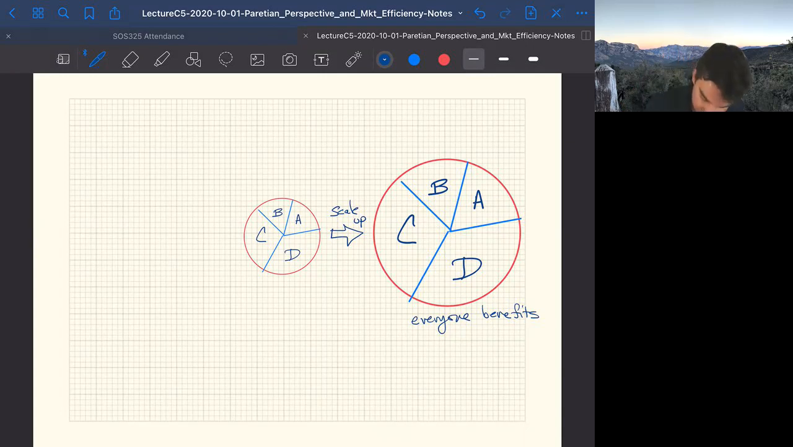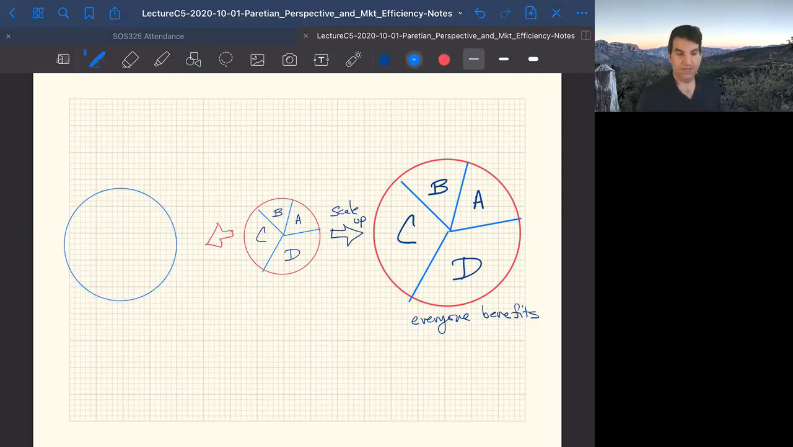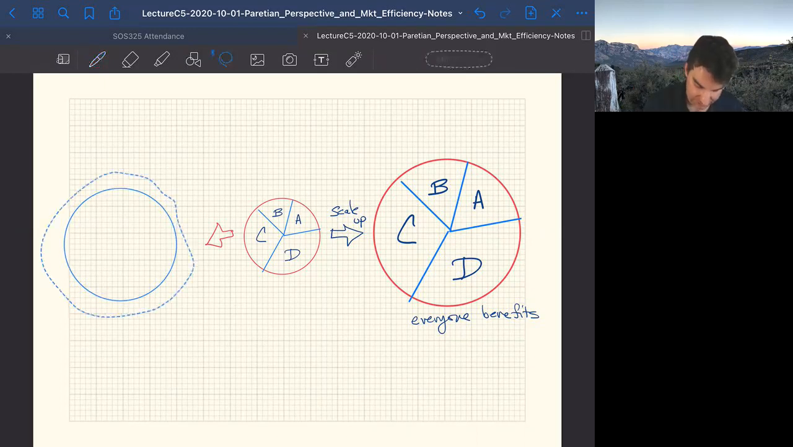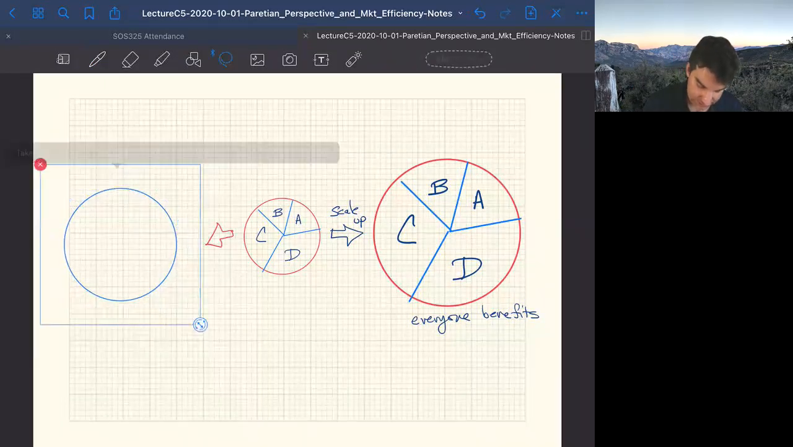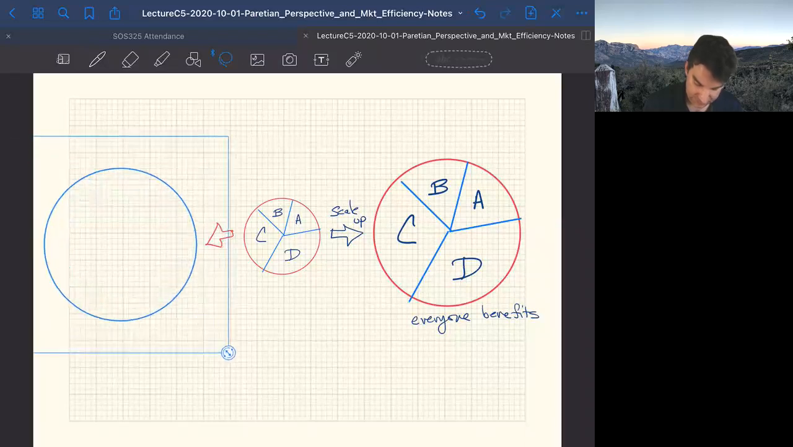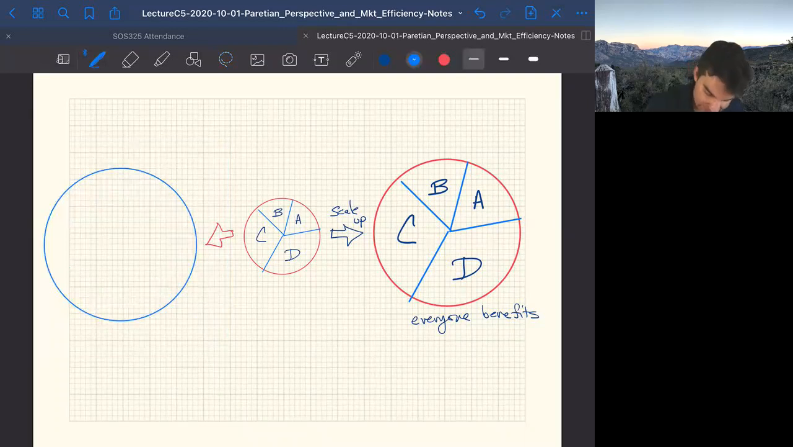An alternative way we could do that, I could have instead changed this pi so that the pi has gotten a little bigger than it was before. Maybe I'll make it even bigger to just make it more exaggerated. So pi has definitely gotten bigger, but maybe now